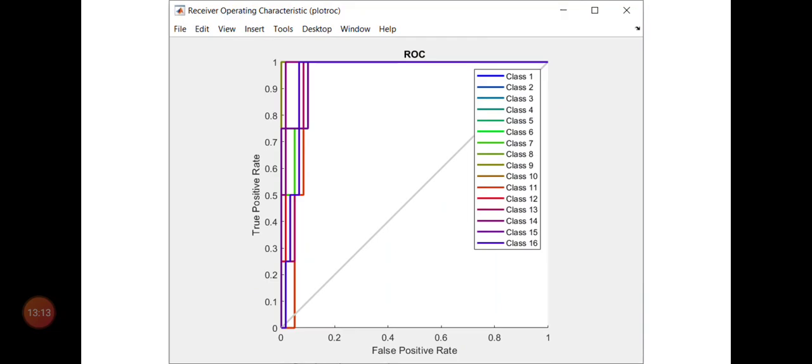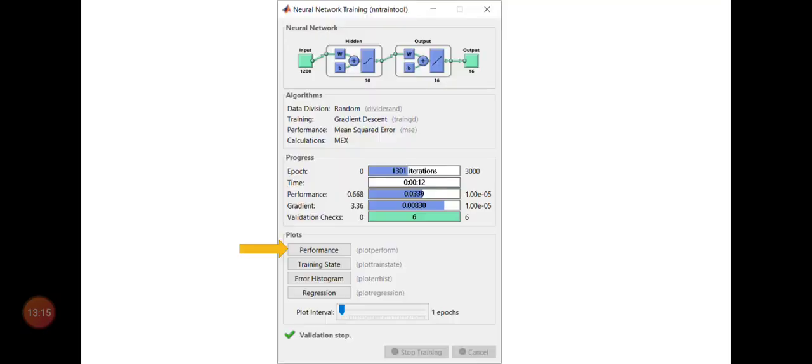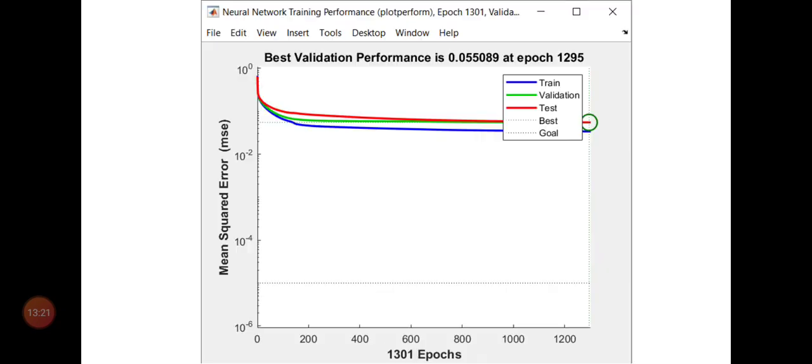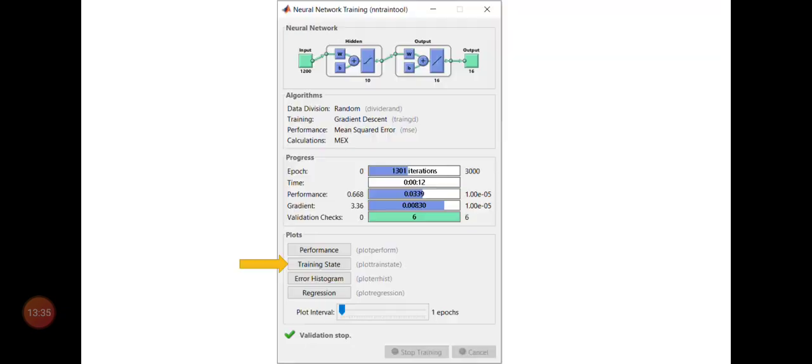You need to click on this particular point, performance. Just click on performance, and you are going to get this graph representing the values for training, validation, and test for 1301 epochs.